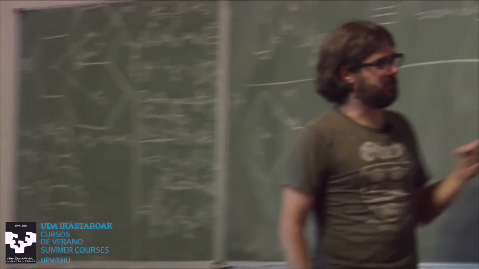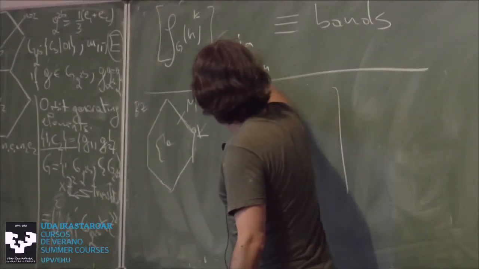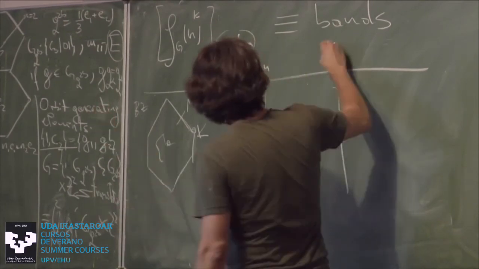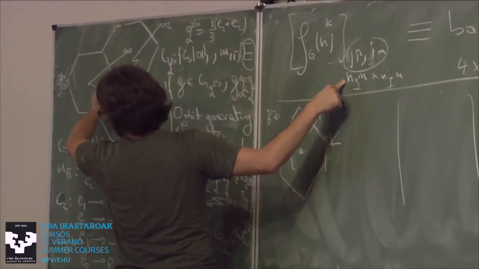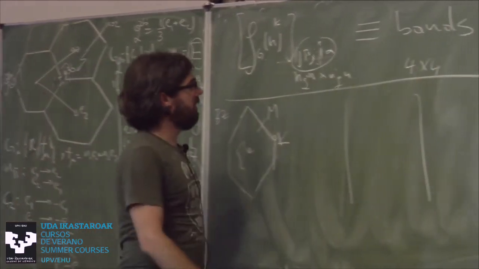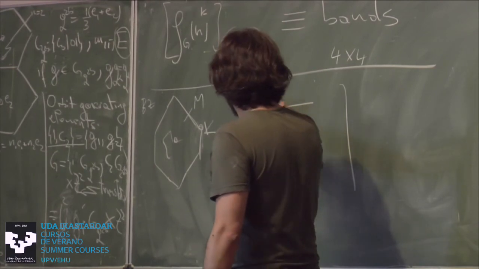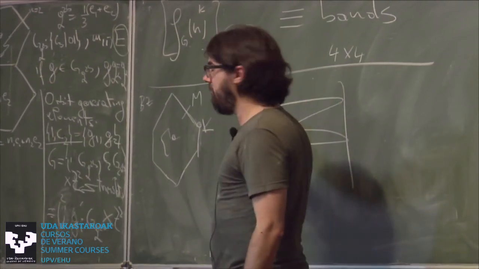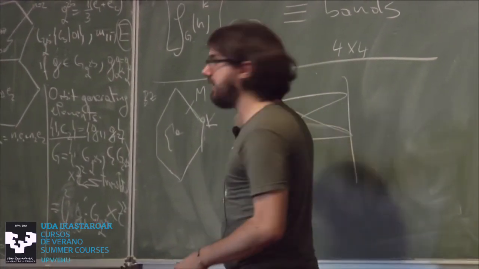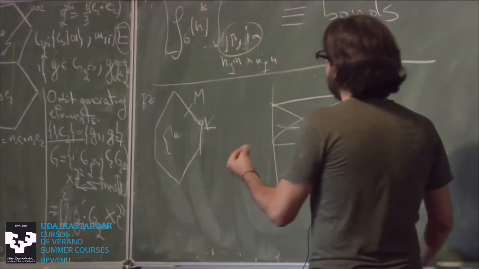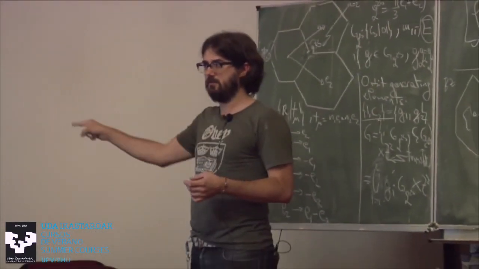what does this band representation really mean? And the moral of the story is that at each k, this particular band representation is a 4x4 matrix because I have 2 Wyckoff positions and the representation of the high symmetry stabilizer group was 2-dimensional. So this will mean that graphene at every k has 4 bands, and that these bands, if they come from localized orbitals, which is the way I built this representation, are connected in the Brillouin zone. So the dimension of the band representation tells you the connectivity of the bands in the Brillouin zone.